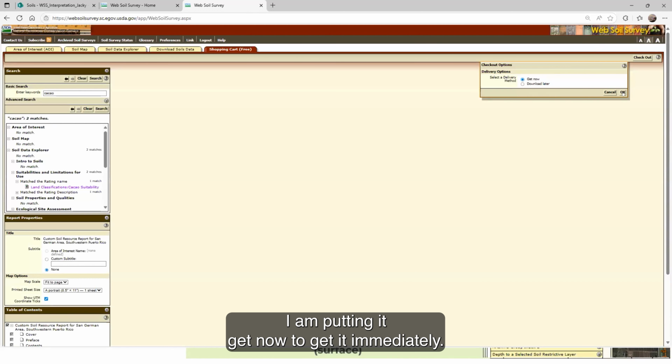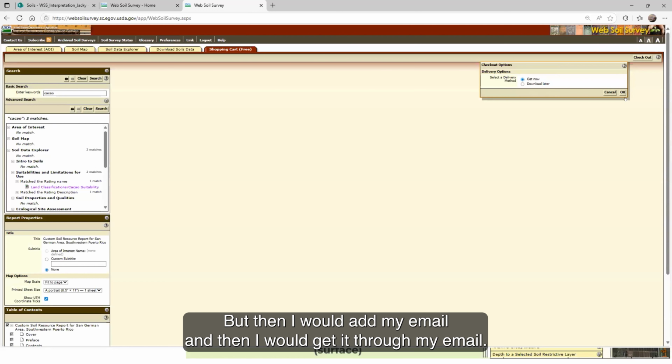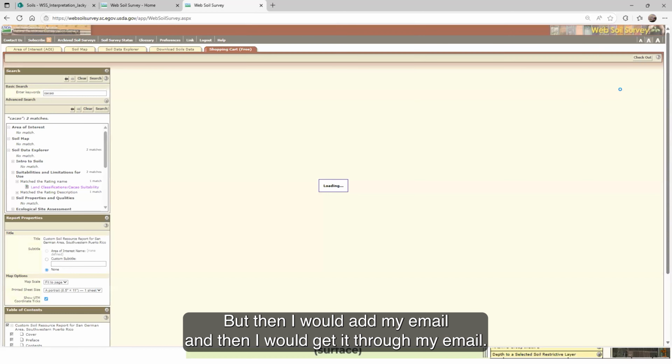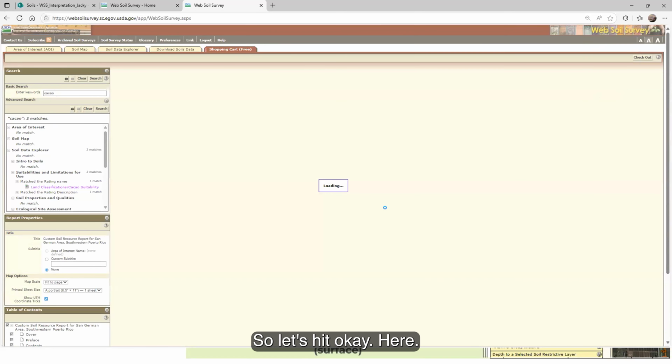I am putting get now to get it immediately. If I had added, let's say, 10 different reports, it might not have allowed me to get it instantly, but then I would add my email and I would get it through my email. So let's hit OK here for these two. It takes a little while.